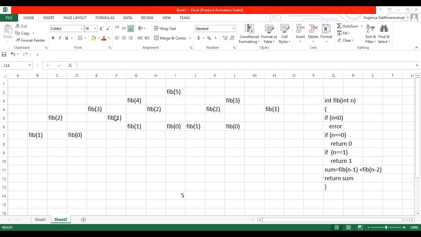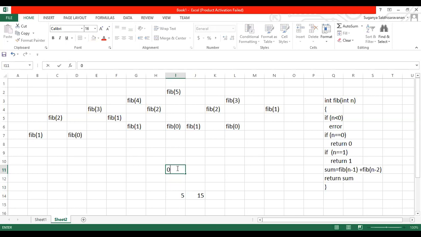1, 2, 3, 4, 5, 6, 7, 8, 9, 10, 11, 12, 13, 14, 15 iterations. So if you want to find the 5th Fibonacci number, how many iterations are taken? 15 iterations are taken. So just imagine, just for number 5, very minimal, it is taking 15 iterations. So if it is for a larger number, what happened? There is some series, so you should know about it.